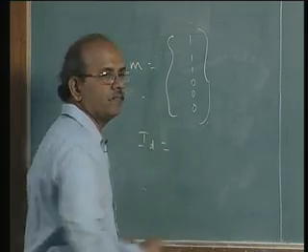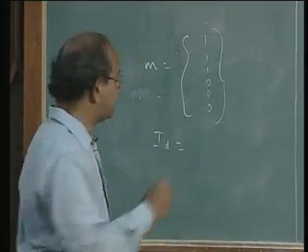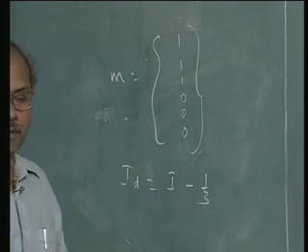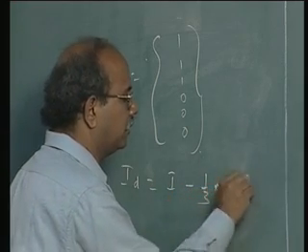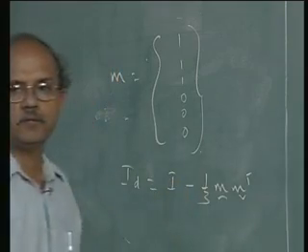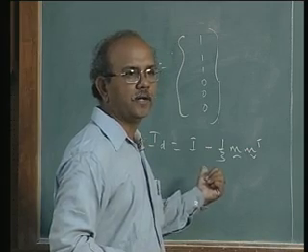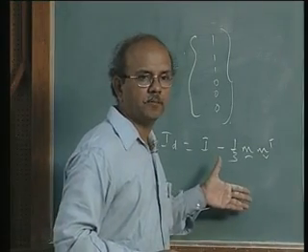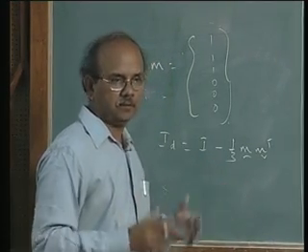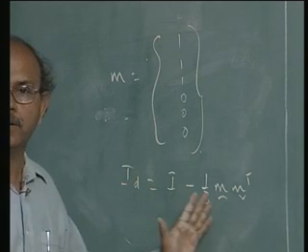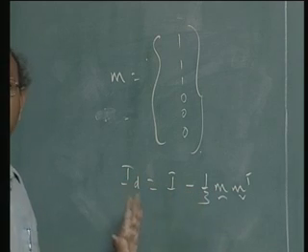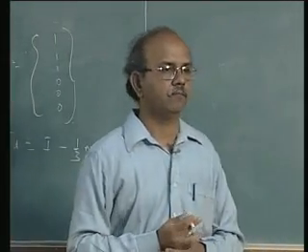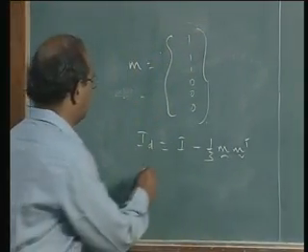The ID matrix is defined as I minus 1/3 m m transpose. This is very helpful to us to split the deviatoric part and the dilatational part. That is, I is split into deviatoric and dilatational parts. So that's very useful. So we define an ID matrix as I minus 1/3 m m transpose. Remember that we already said that